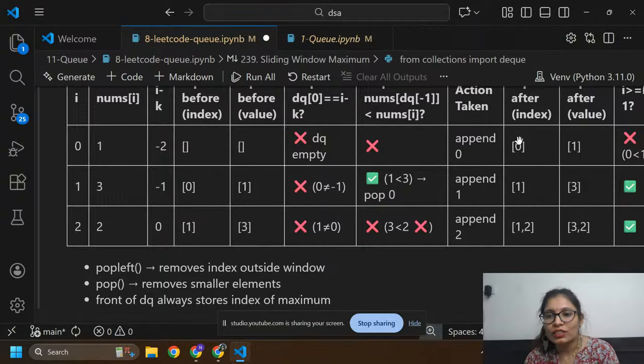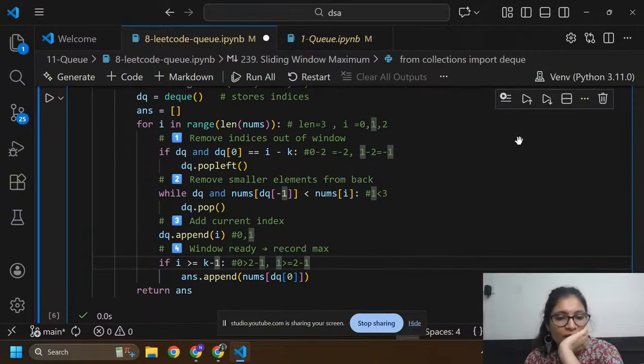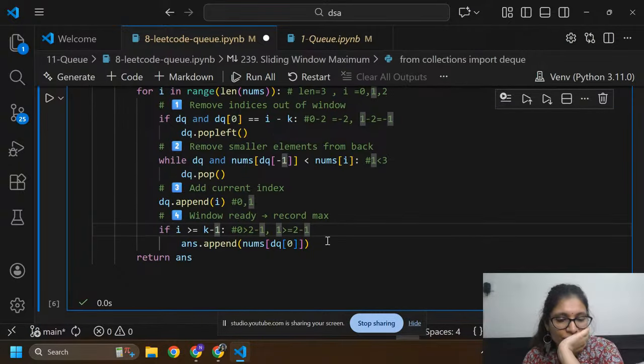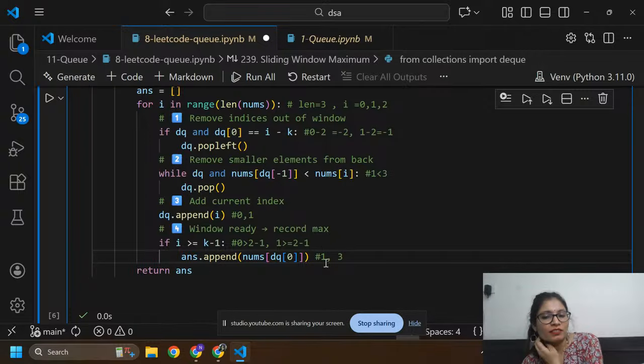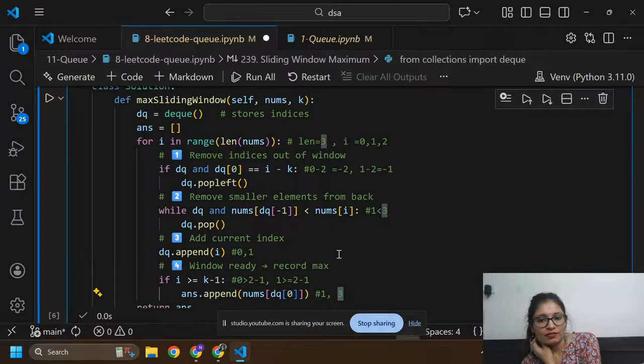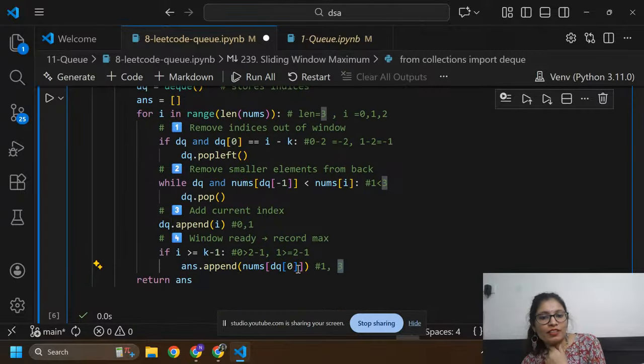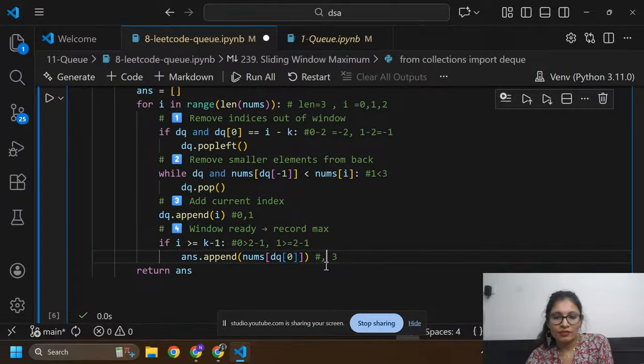So here I append index 1, and its value is 3. I'm going to append the number, that is 3 here. Append the number at dq index 0, that is 3.